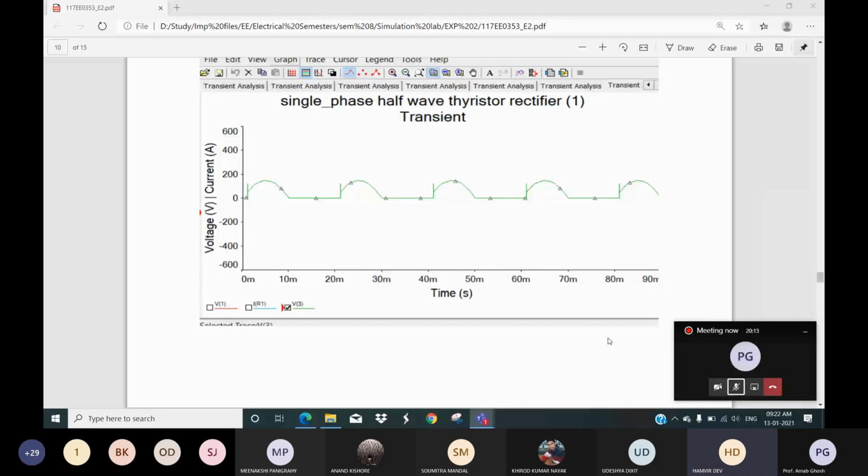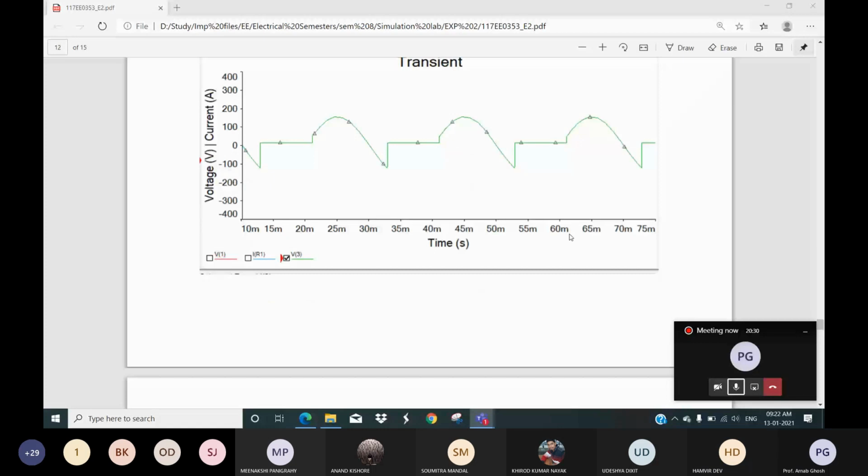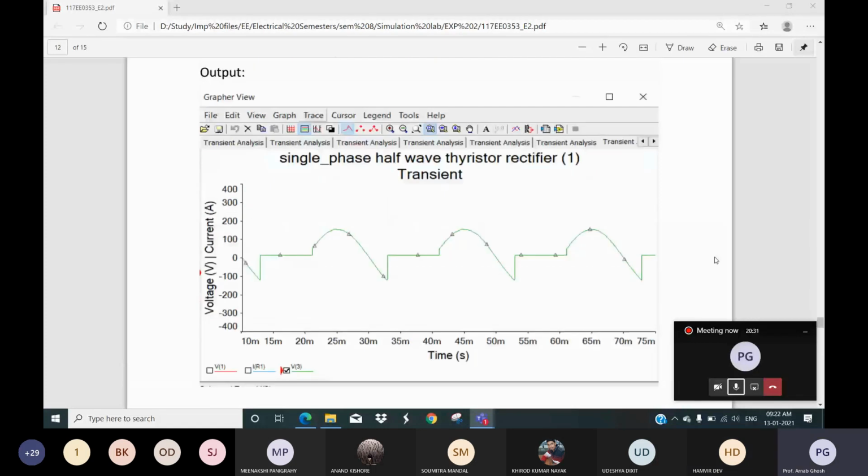This one is for the RLE circuit, and its waveform is like this. RLE, just wait, it is not coming. This is for RL. Sir, RL. Yes, sir. RLE, show me that, sir, RLE.